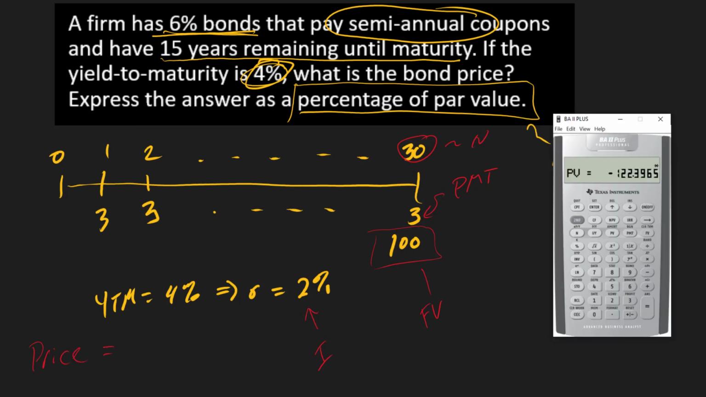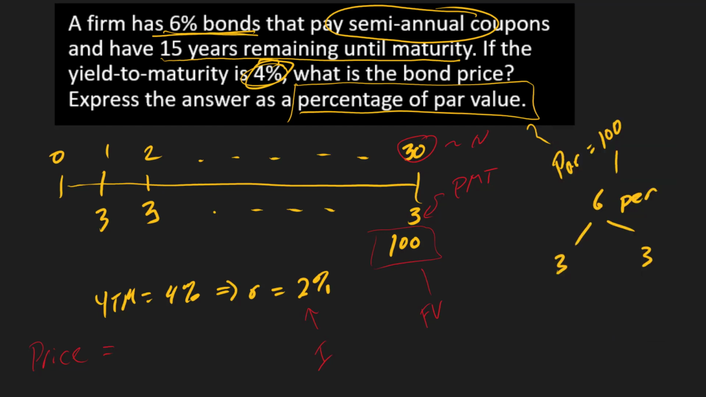calculator back up so we can see it. 122.40% of par. So 122.40% of par. And so we can leave it like this, but of course if par value, so let's suppose